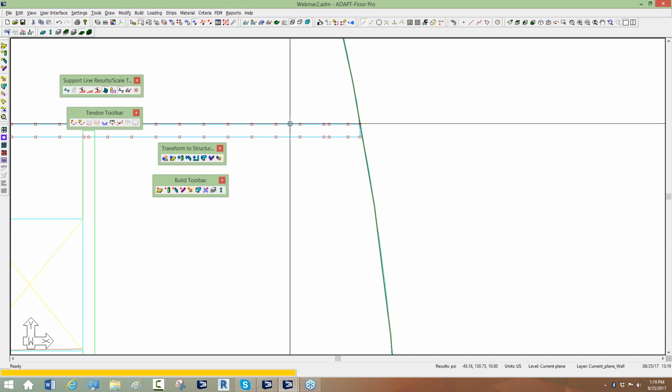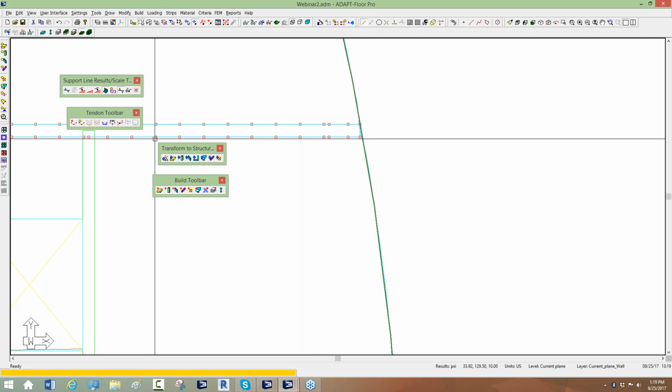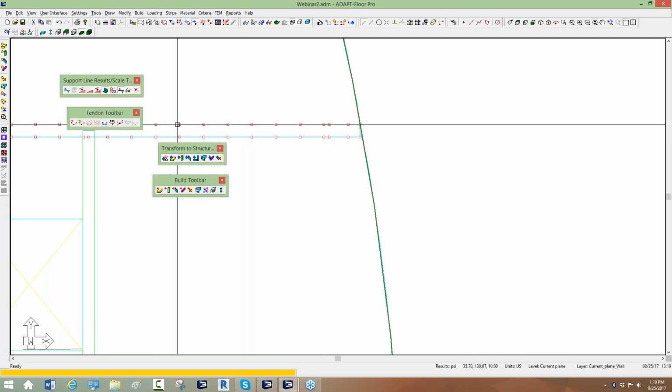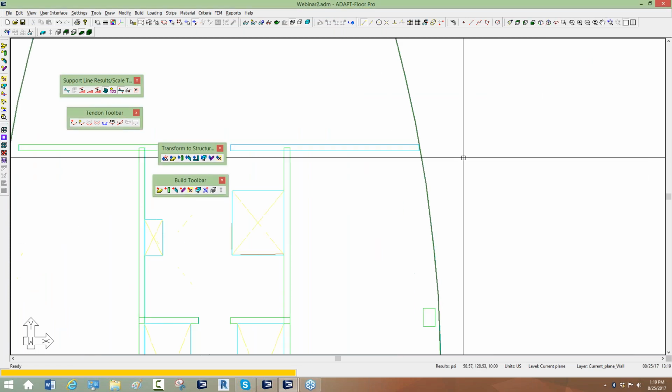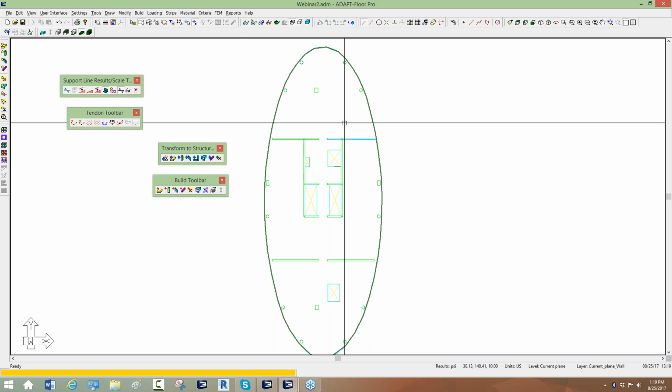Notice that it highlights the drawing lines that were imported. So if you double click on a component, it should open the properties of that component. But many times when you double click, it opens the properties of the polyline or the polygon, but you want to open the properties of the wall. So the best thing, and what we would recommend, is to simply turn off the CAD file